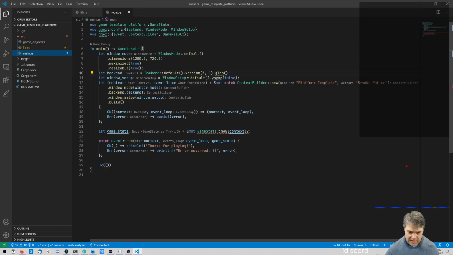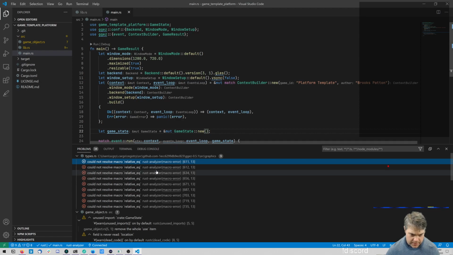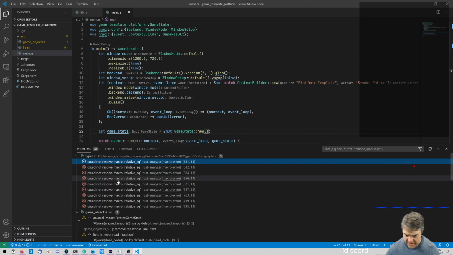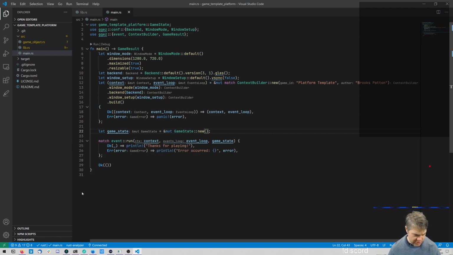Because these now, so game state, this is going to be game state new. We don't have to pass in a context. We don't have to question mark this. And that gives me a full game state. So that should make it happier. We get these weird macro errors, which we get every once in a while. Which makes me think that we should just